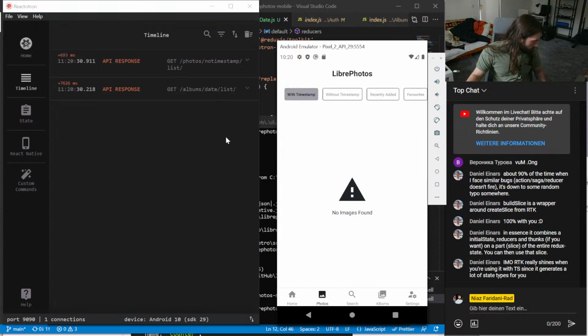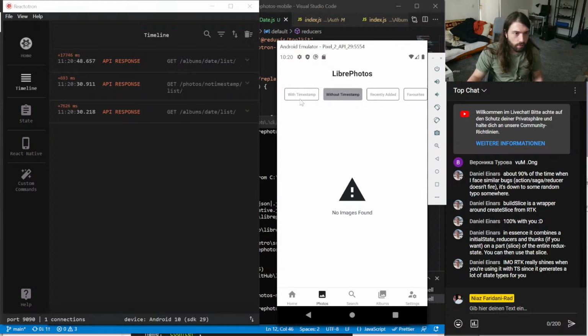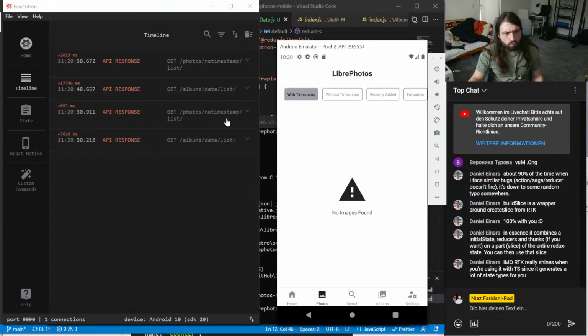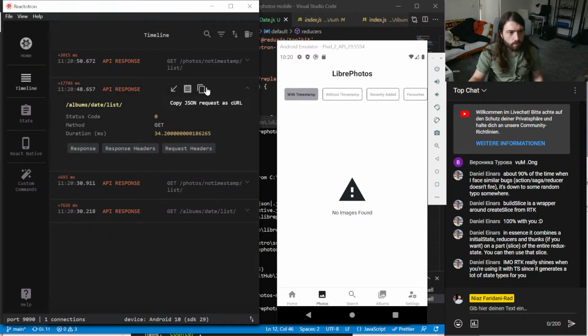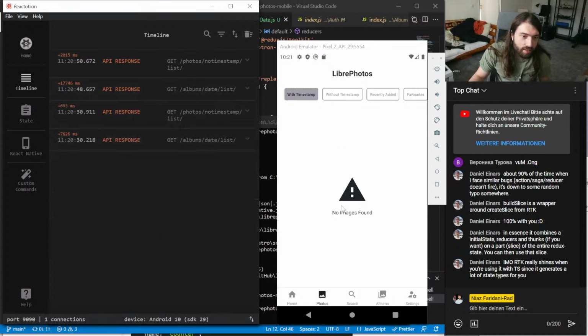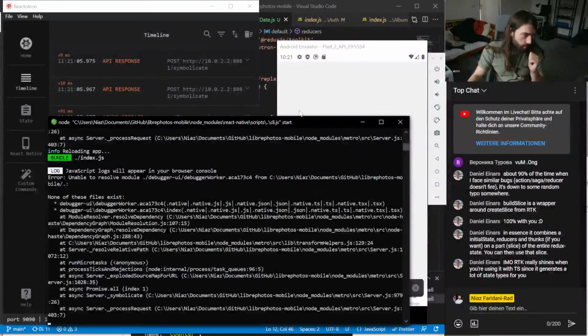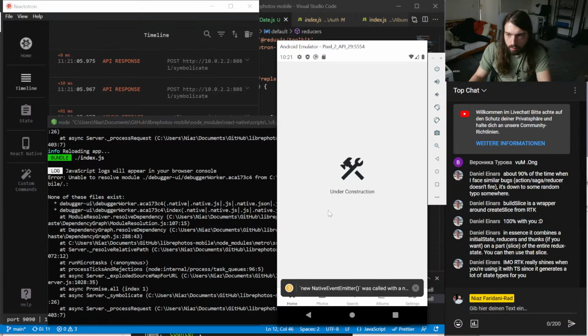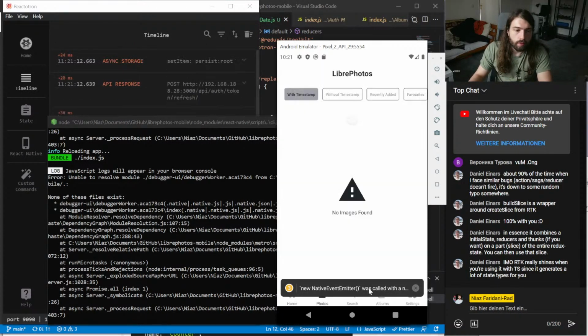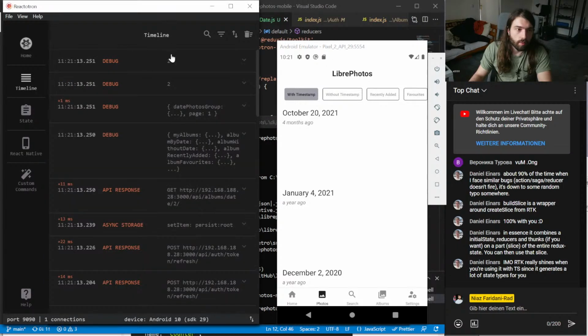So I don't know why the server doesn't respond again. Status code 0, okay. I don't think that status code actually exists. Reload. So the server's still running. Okay, so we definitely fetch the ID the correct way.